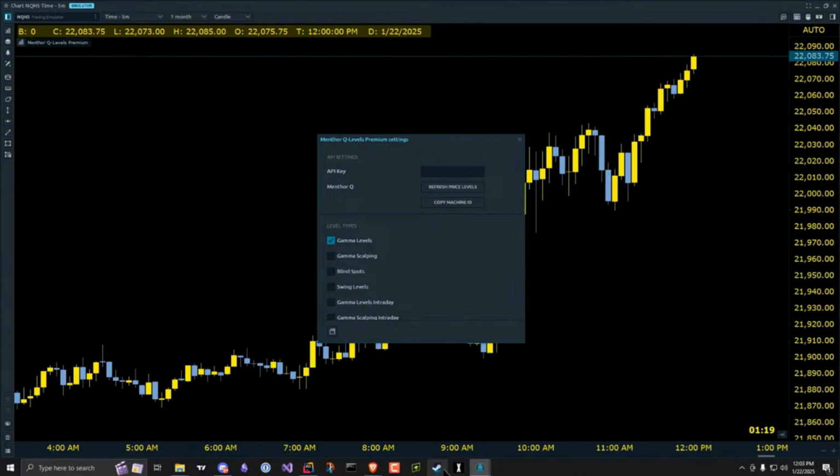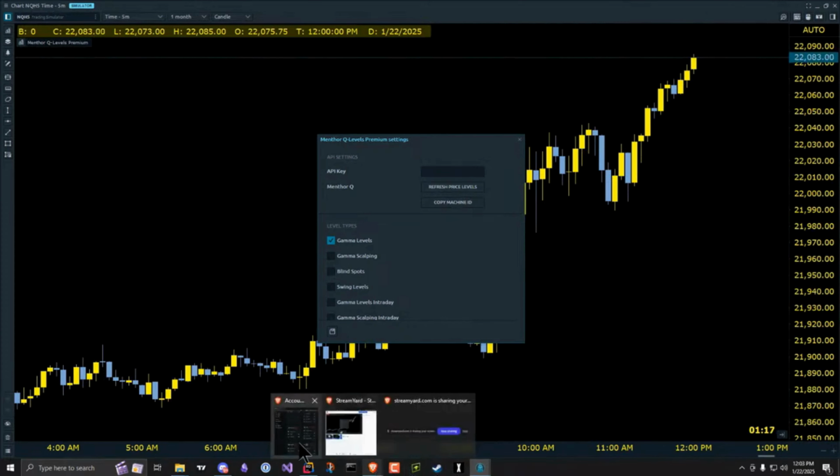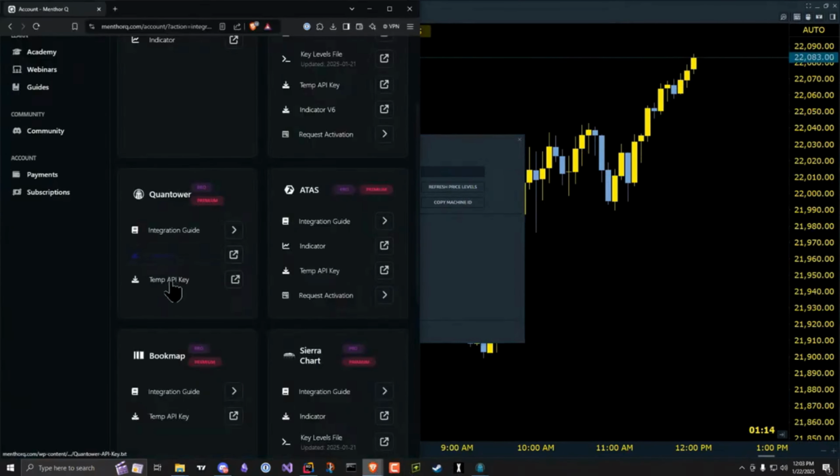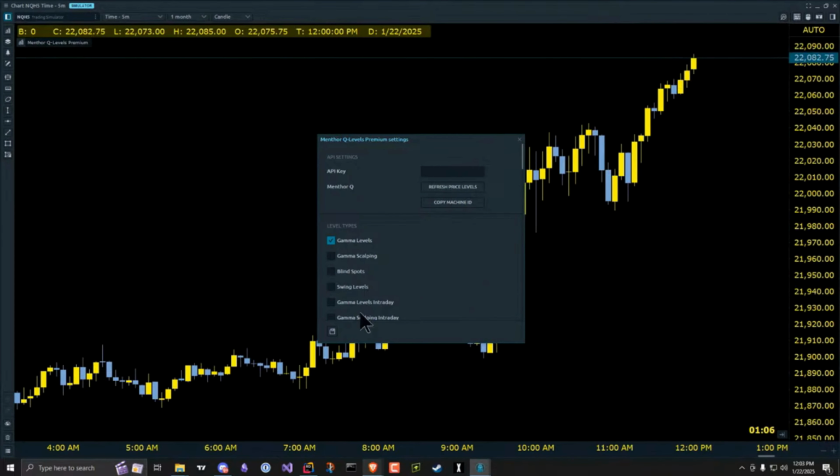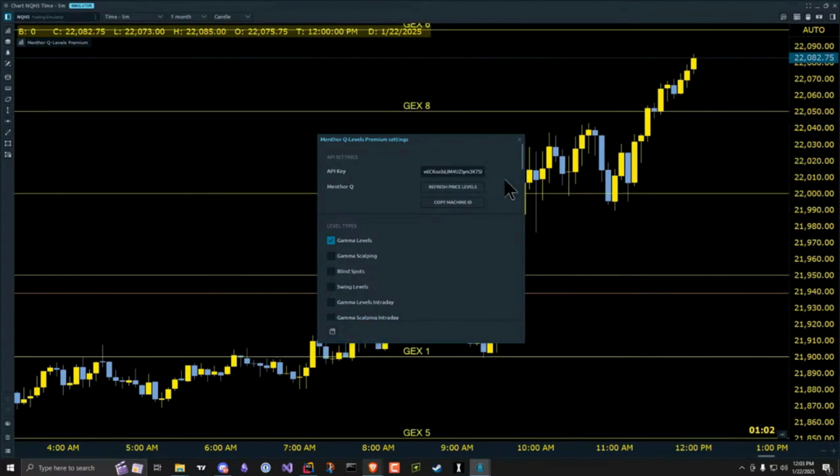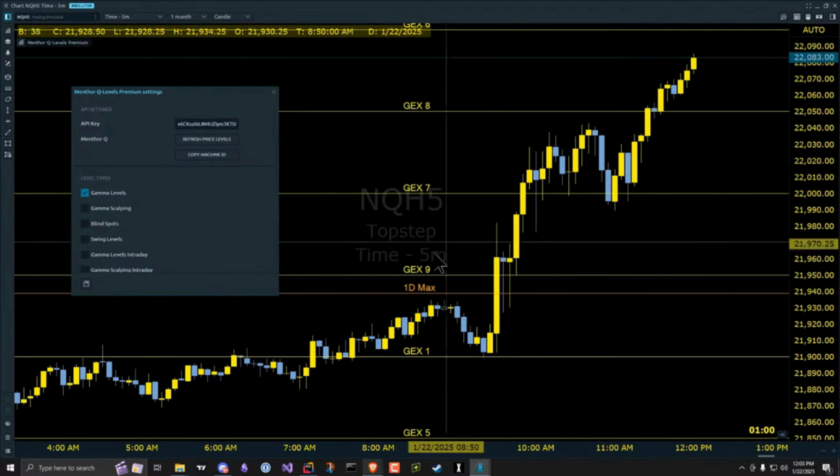Now, the API key you would pull from your dashboard by clicking this link here. So I'm going to put mine in right now,